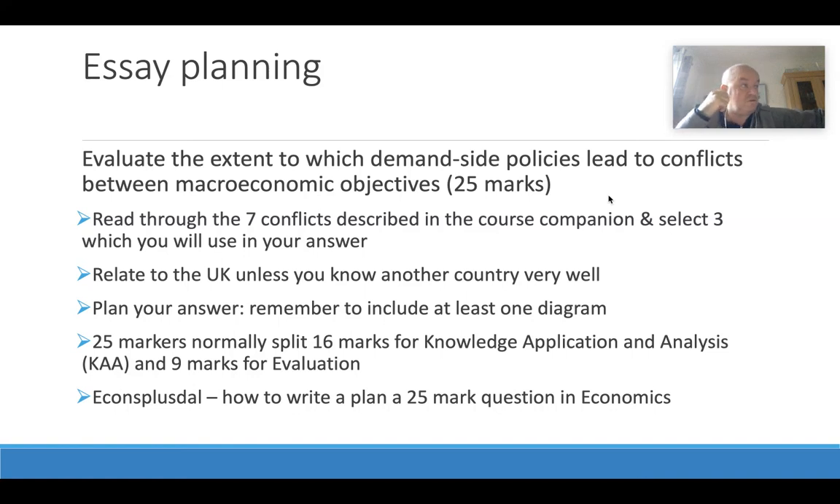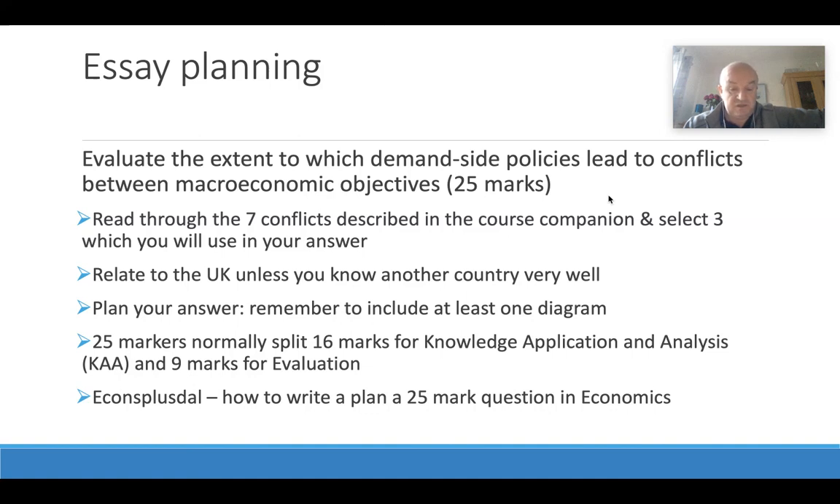And that's pretty much what we've just been covering in this last presentation. Okay, so one of the things that you could do, if you're thinking about this as a process, is to look at the 7 different conflicts that we've included in the course companion and select 3 that you think you're most likely to use in your answer. And if you can relate that in the UK, unless you know another country very well, that probably makes sense in this instance. And plan your answer,